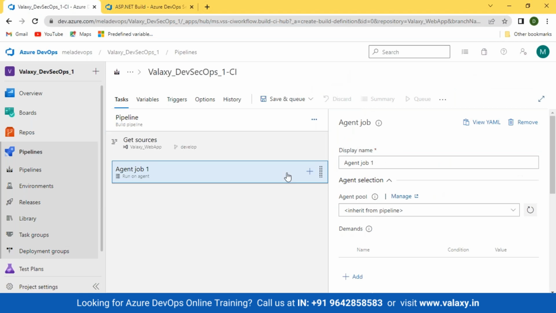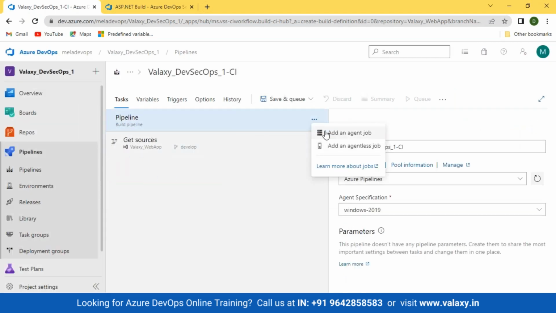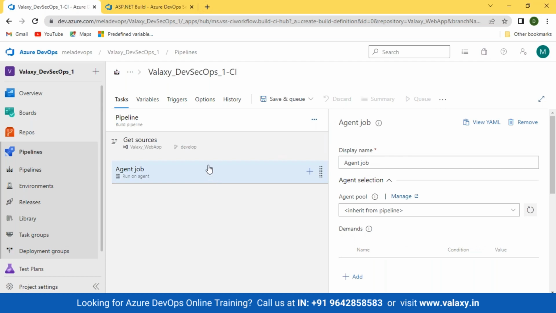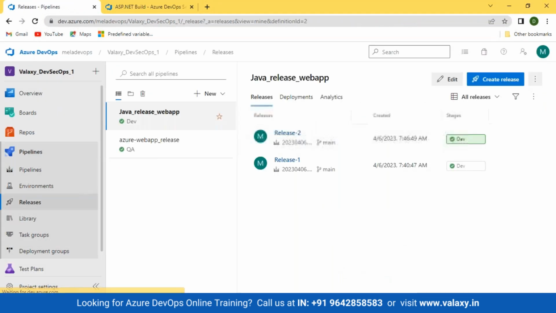This agent thing is there over here. Let's remove this. Add an agent job, and this is an agentless job. So this agent job will add the things again. So no, sorry, my apology. For build purpose it will not be used. Only for release purpose it will be used. You are not getting the option itself over here. Deployment group will be only for your